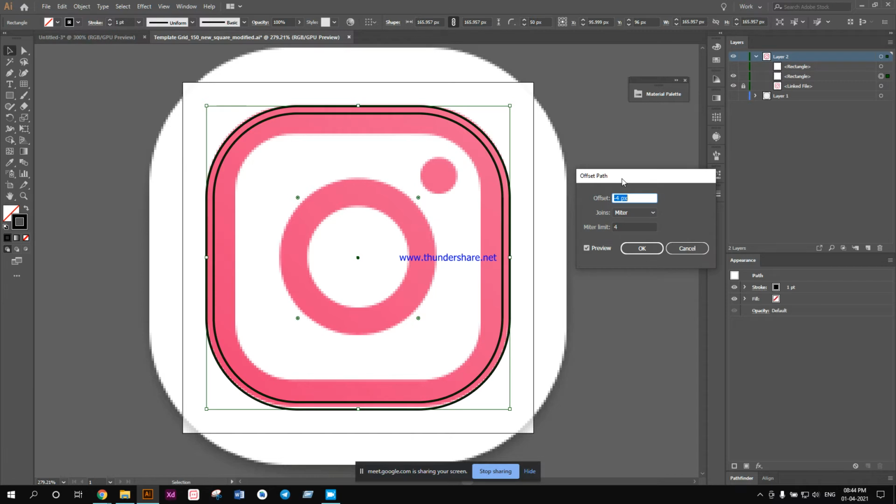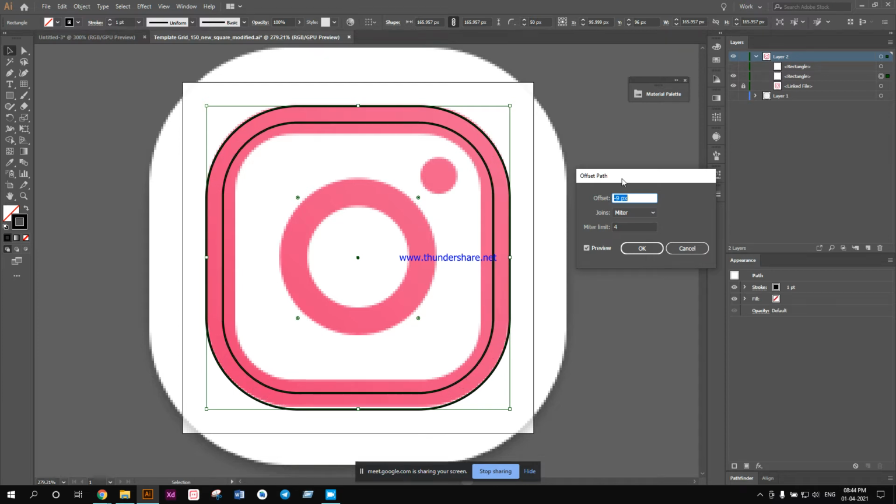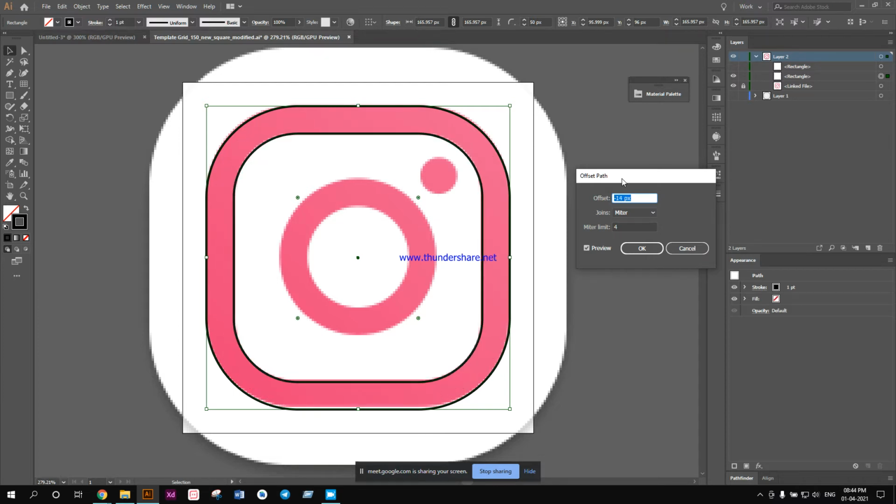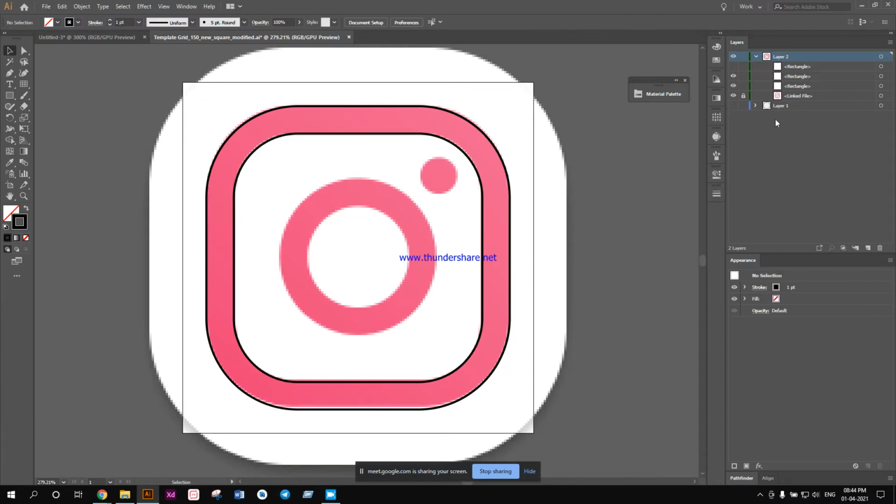If I go to the minus part, the new object will be created on the inner side. If I go to the plus part, the new object will be created on the outer side. I needed something like that. 15px seems nice. Also, the roundedness is good enough, so I'll keep it like this.